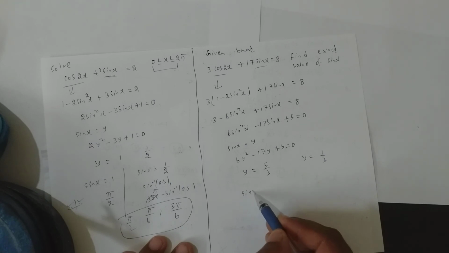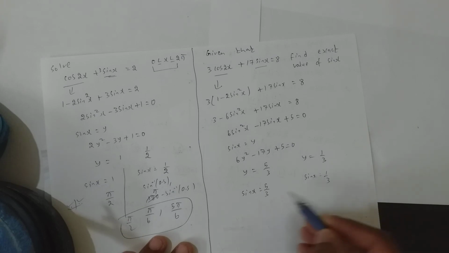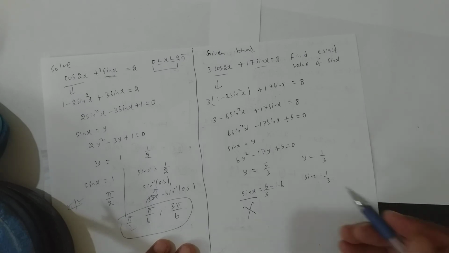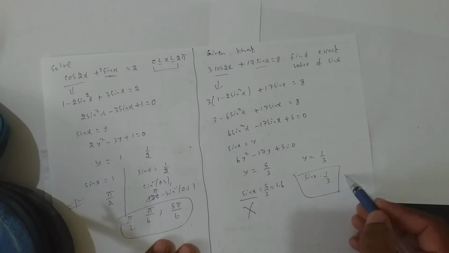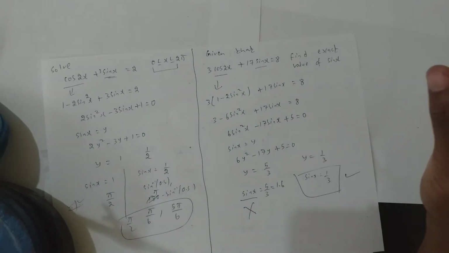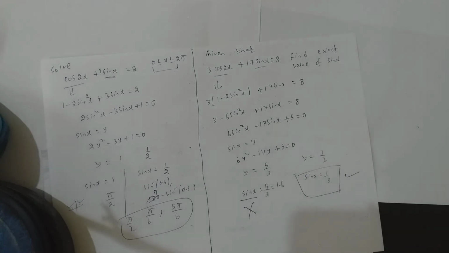Y is nothing but sine x, and here also sine x. Here I get the answer as 1.6 something. Sine value cannot exceed positive 1, so this cannot be accepted. Sine values always lie between minus 1 and plus 1. And here sine x equal to 1 by 3 is correct. It's less than 1. Am I clear? Depending on the question, by observing it, you decide what formula you need to use for cos 2x. Am I clear? Let us see some more sums in the next video.